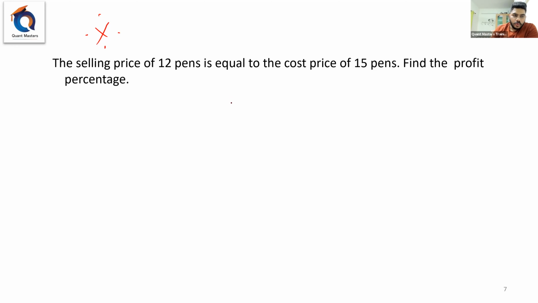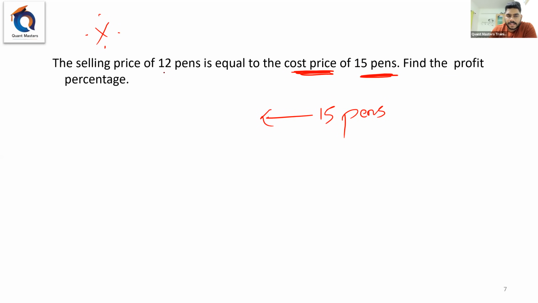Okay. Now, how does basically everybody solve this? Let the selling price of 12 pens be X, or let the cost price of 1 pen be X. All that drama they do. Now, look at this technique. Cost price means I'm buying. So I am buying how many pens? I am buying 15 pens. Clear, all of you? I am buying 15 pens.